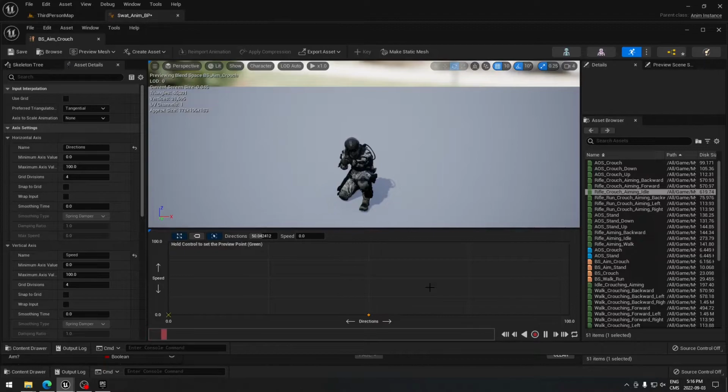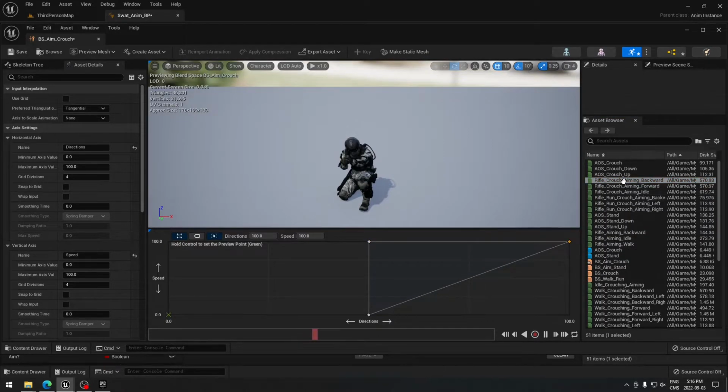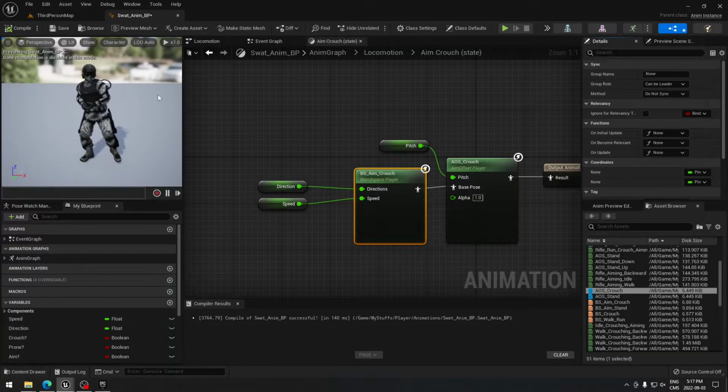We're gonna put rifle crouch aiming forward for the top here. So rifle crouch aiming forward, and on back is gonna be the backward, so this one, rifle crouch aiming backward. And we can save that. Now we're all good, so we have to do what takes a little bit longer, so we have to do the